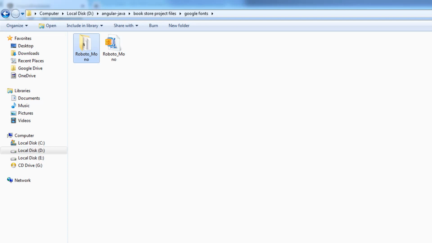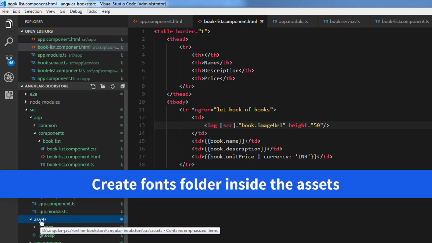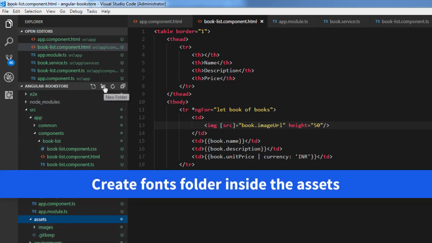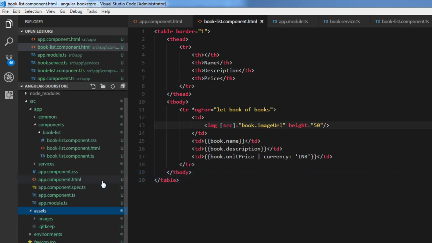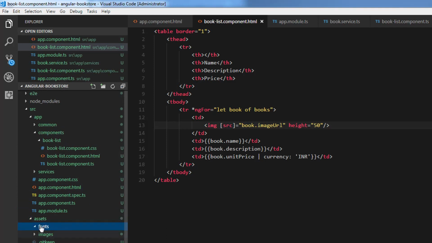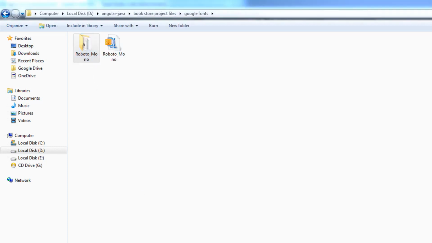And before that, let's go to the Visual Studio Code and open the assets folder. And just like how we have created the images folder, I'm going to create one more folder for fonts. And I'm going to keep all the fonts inside this folder. So let's open this fonts in the Explorer. Right click. Click on the Reveal in Explorer and open the fonts folder, and let's go to the Roboto Mono fonts and copy the folder